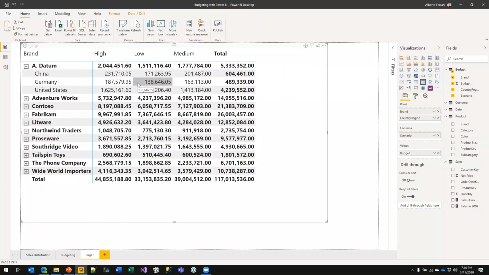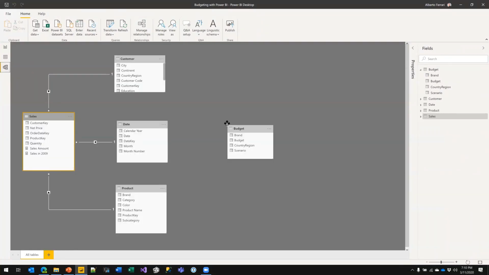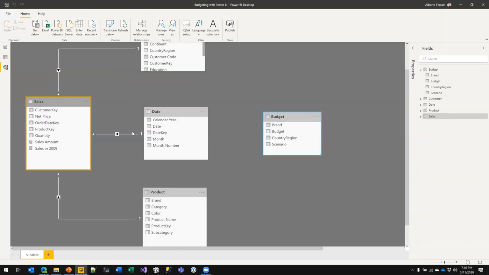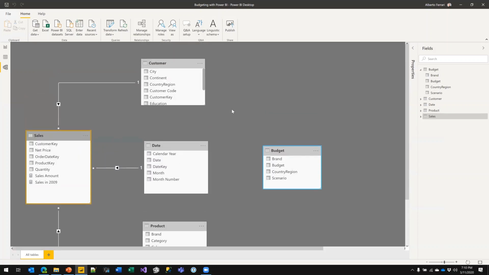Anyway, the important thing is that we don't have the forecast at the individual product level, or at the date level, or at the customer level. We have only large numbers which are forecast. And when it comes to build the data model, I'm a bit in trouble because I cannot easily, at least, build a relationship, for example, between budget and customer. The relationship between budget and customer exists, and it's based on the country region column, which appears here and there. But country region is not a key in the customer table. So if I build a relationship, as we will see, there are some issues that we need to worry about.